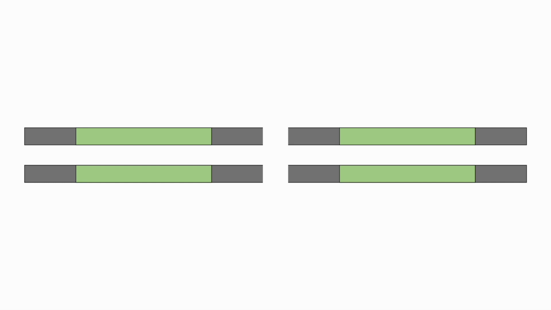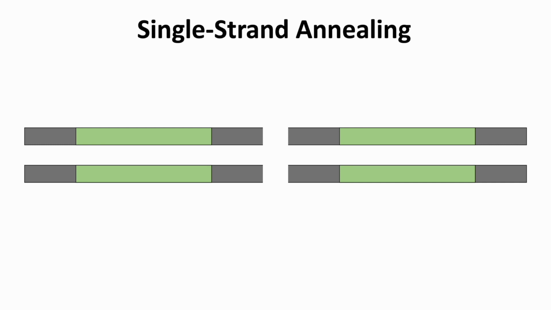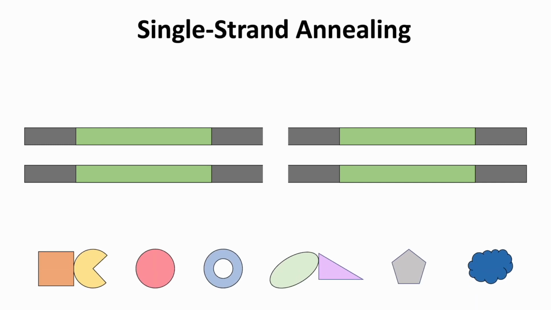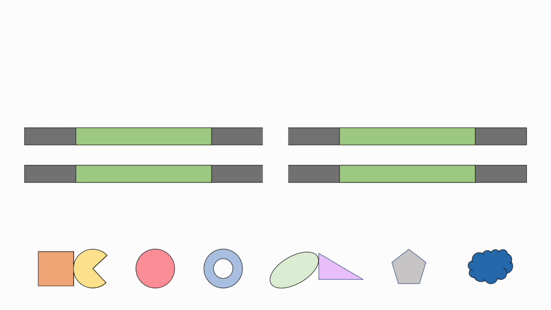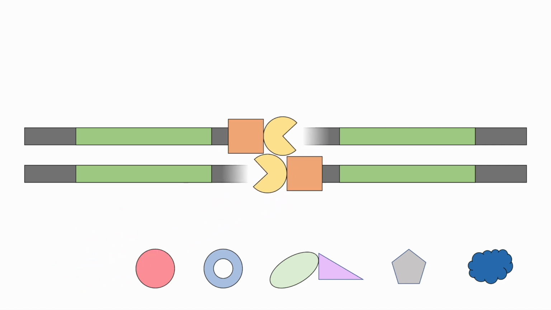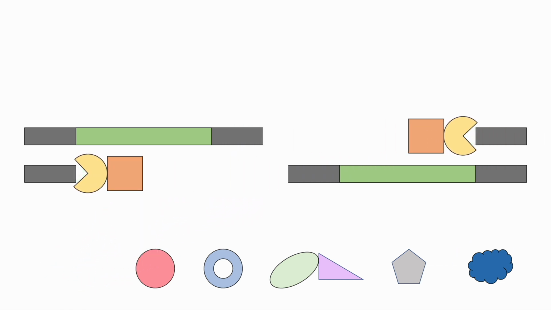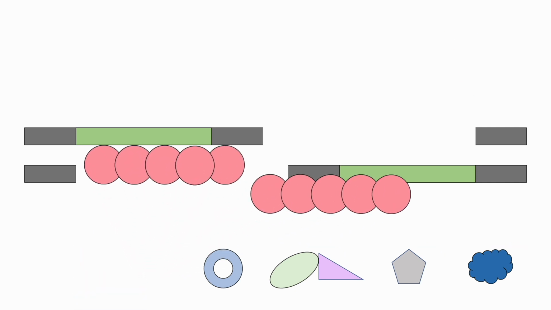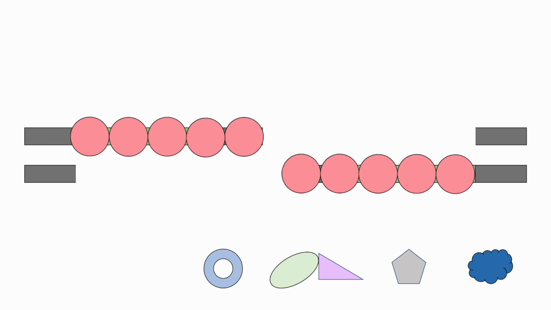One mechanism that our cells employ when a break occurs between repeats is a process known as single-strand annealing. In this pathway, various proteins are recruited to the damaged site to repair the break. The first set of proteins work to chew back one strand on each side of the break. The newly exposed single-stranded DNA is now vulnerable, so another protein will attach itself to protect the DNA from further